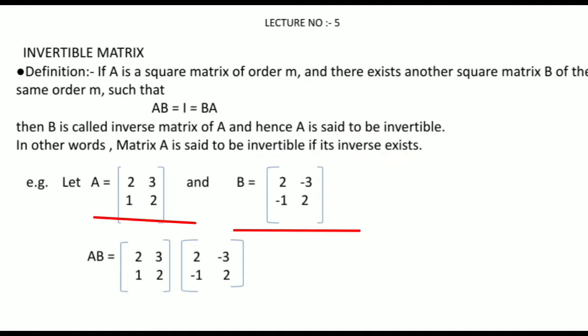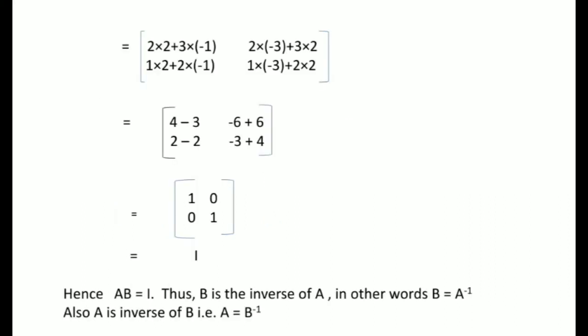For example, we have taken a square matrix A with entries 2, 3, 1, 2 and square matrix B with entries 2, -3, -1 and 2. Now we are going to find product of these two matrix AB. If you don't know how to multiply two matrix, then I suggest you to watch lecture number 3 of this playlist. So by multiplying these two matrix A and B, we get the value of AB equal to 1 0